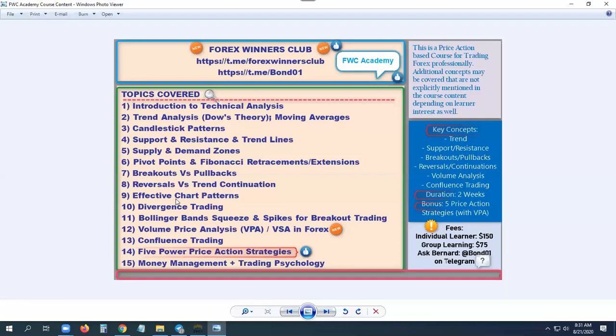Okay, not a problem. Now, if we continue now, I will show you chart patterns, effective chart patterns. This is supposed to be a trading methodology on its own. I just introduced it because you are most likely going to come across chart patterns. But chart pattern trading is a concept on its own. It's not necessarily part of price action. But I know price action traders also look at chart patterns, so I thought it's important to include it in the course. So when you hear chart patterns, let me show you what I'm talking about.